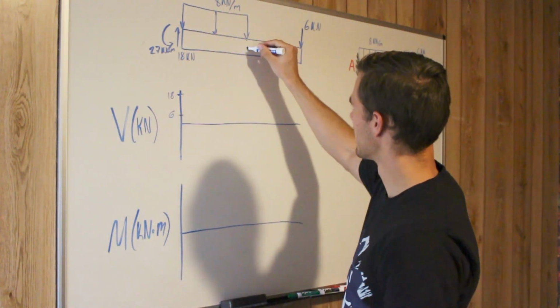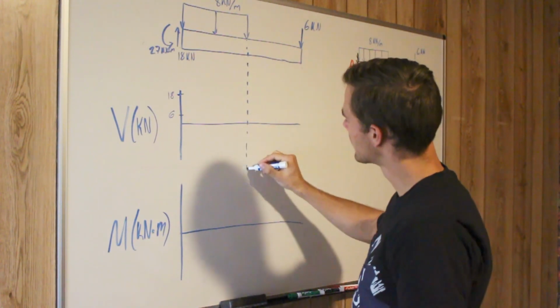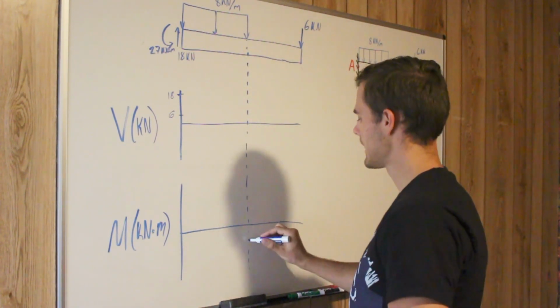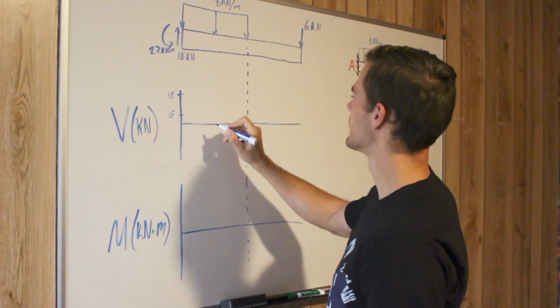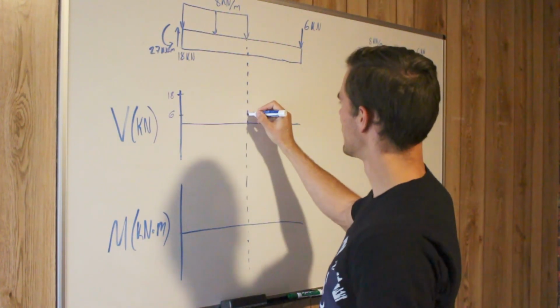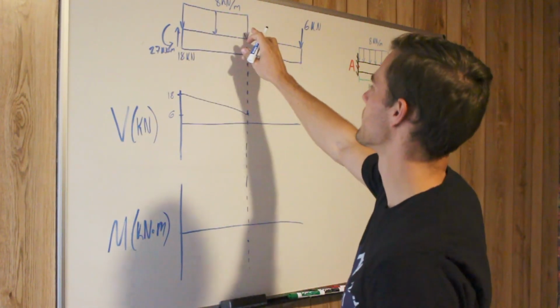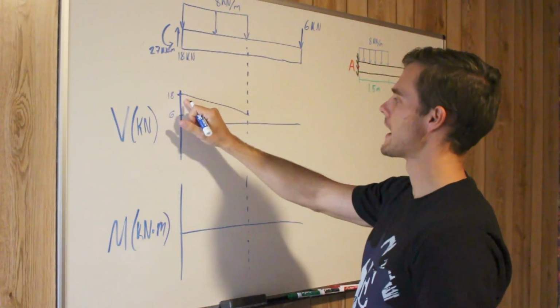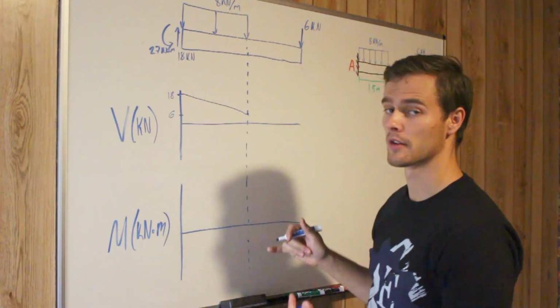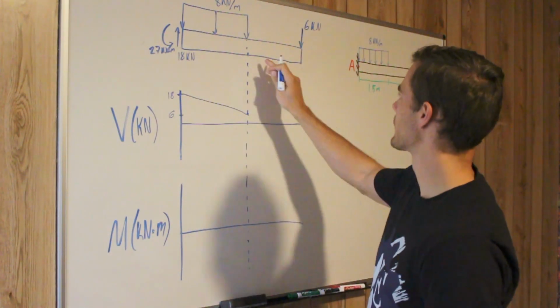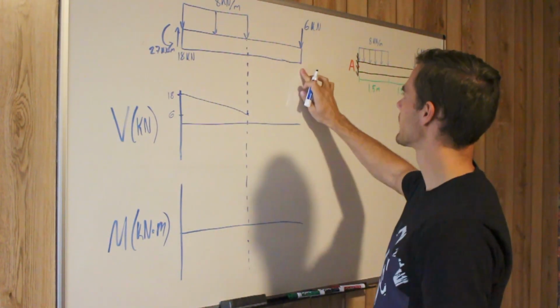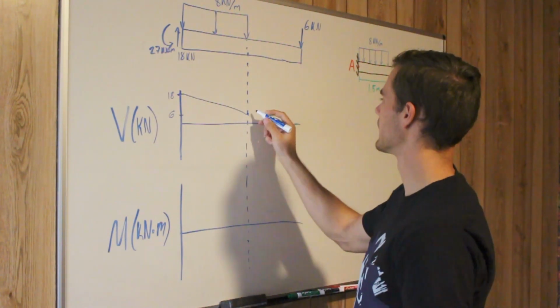And so we're going to mark here where this distributed load ends on both of these axes, and it's going to go from here to here. Just draw a line. Because this is a flat distributed load, we're going to have a constant slope on the diagram. And then for the rest, nothing changes between here and here, so it's just going to be a straight